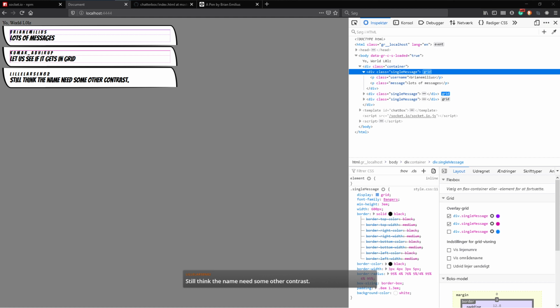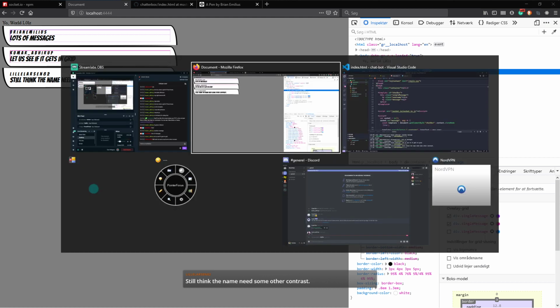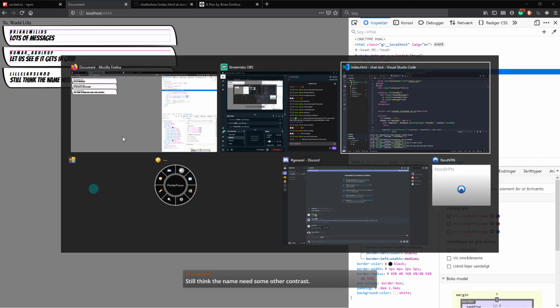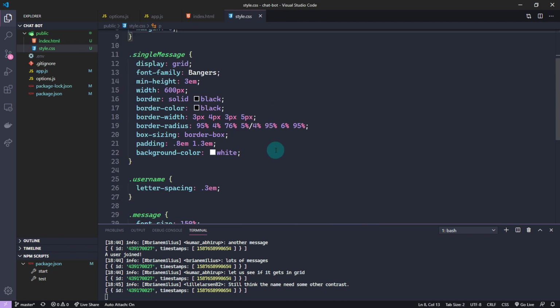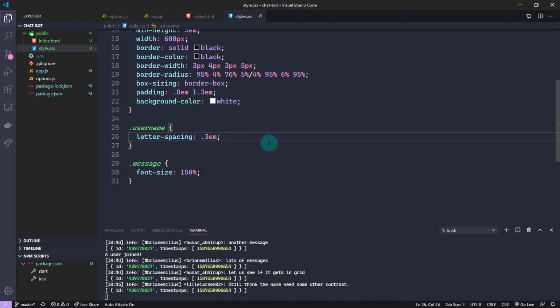Name needs some form of contrast. Maybe just a different color, just to make it stand out a bit, so we can see it a bit clearer. Maybe we can do some color magic for it. Black and white is like extreme contrast. Let's see. Where did I put it even? Oh, wait, down here. 0.3 is perhaps a bit much. I'm just going to do that, and then color. Let's just try. This is not going to be very good, but